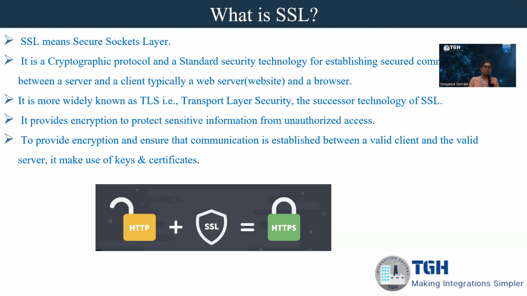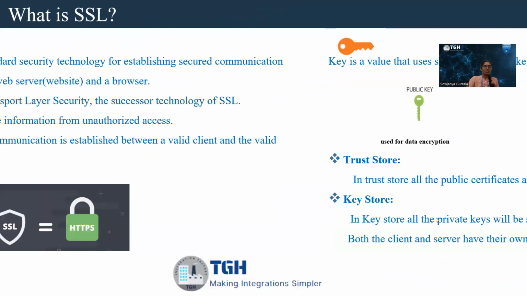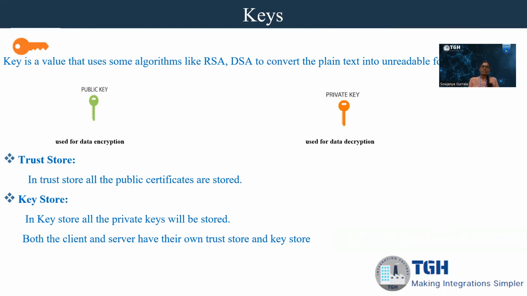In order to provide the encryption and to secure the communication between a client and a server, it makes use of keys and certificates. So keys and certificates play a major role in SSL. What is a key? A key is a value that uses algorithms like RSA and DSA to convert plain text into an unreadable format. In keys also, we have two types: the private key and the public key. The public key is used for encrypting the data and the private key is used for decrypting